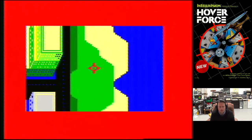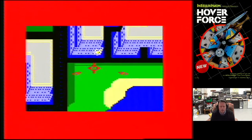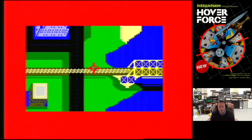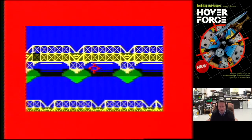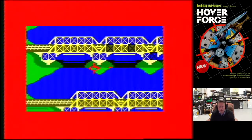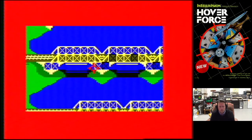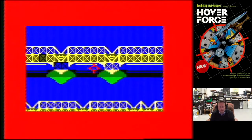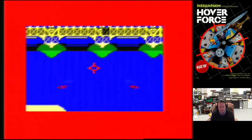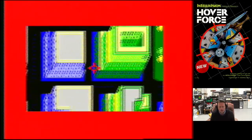Hey, there we go, that's a bit better. Just a little bit. So let's see whether we can take this bridge out. It looks like we can work away at the structure of the bridge. It looks like I've reached as far across as I can go now. Just trying to see whether there's anything else. I mean, it could be...